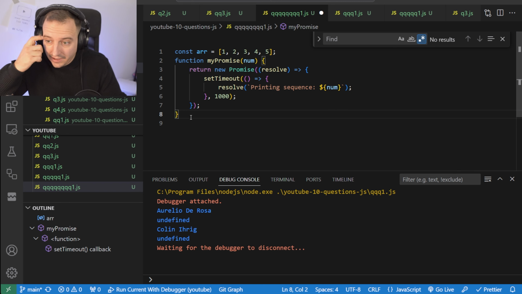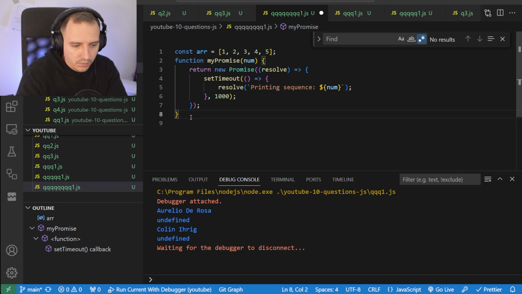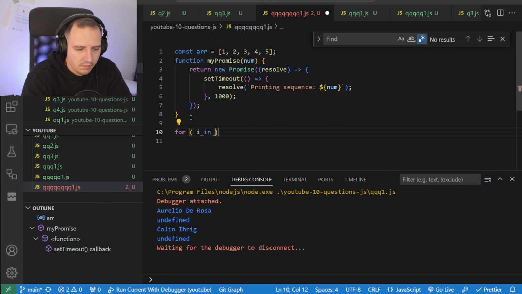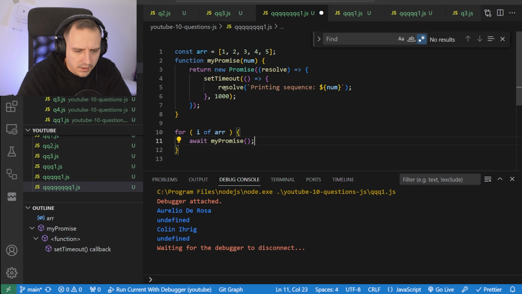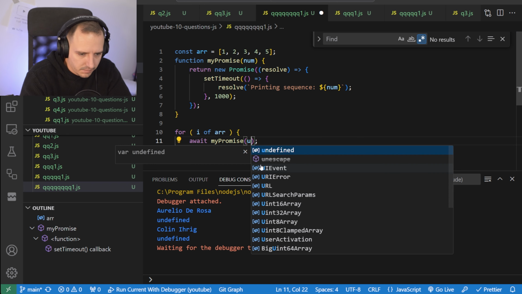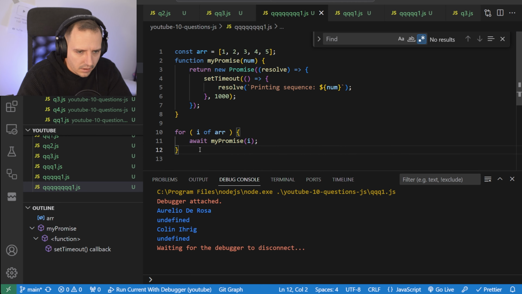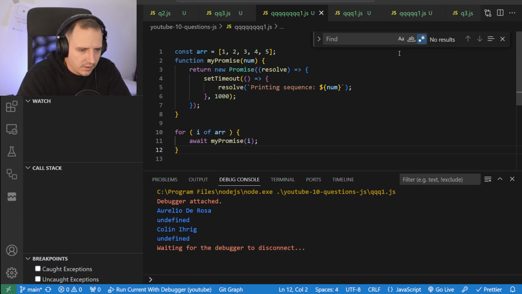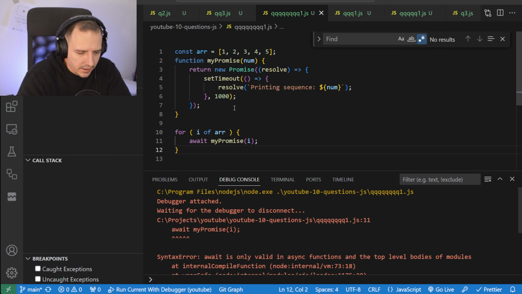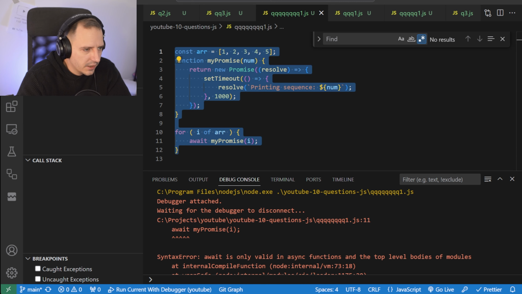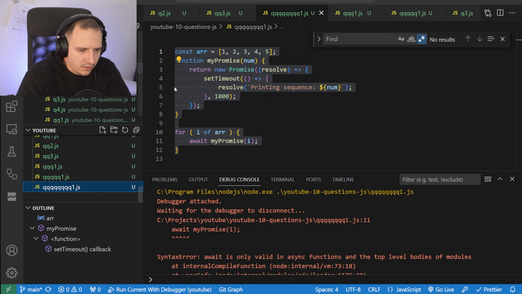Or maybe await could work. Could await work? So we could just do for e of array, right? And just await my promise. Is this possible? Because it returns a promise, and it does resolve it, right? So then I just put it in e, right? Maybe I can actually execute this in here. Let me just try. No, I can't. No, await. Okay, we don't have await here, but we have await in the browser, right? So we just take advantage of it.